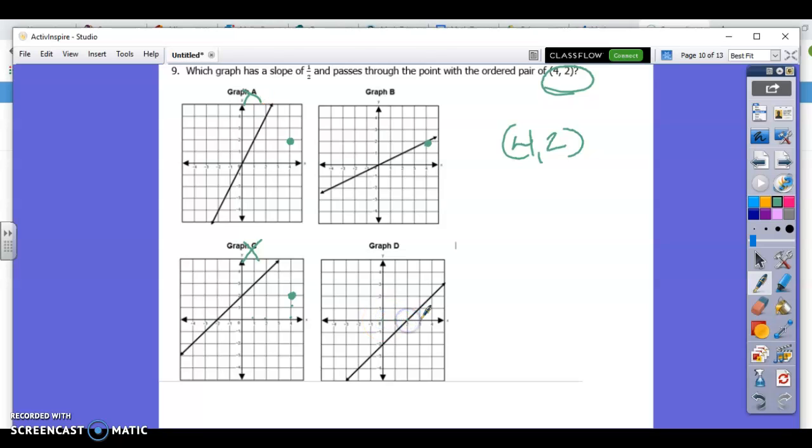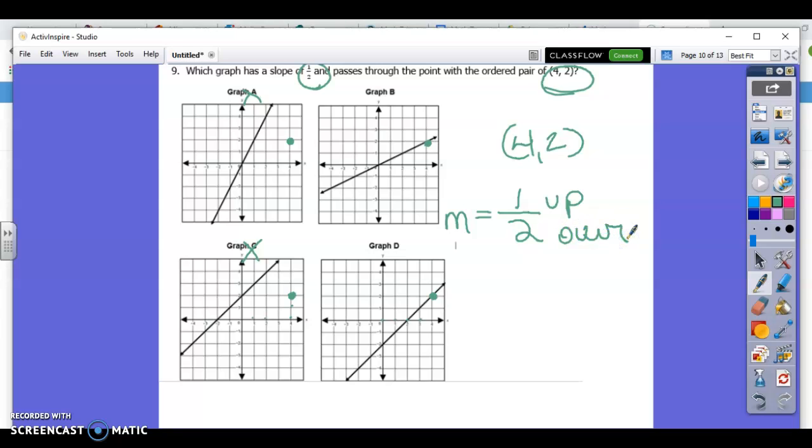1, 2, 3, 4. Sorry, I did that wrong. 1, 2, 3, 4, and then up 2. 1, 2. So it's between graph D and graph B. So now we're going to check the slope. The slope is 1/2. So what that means is I need to go up 1